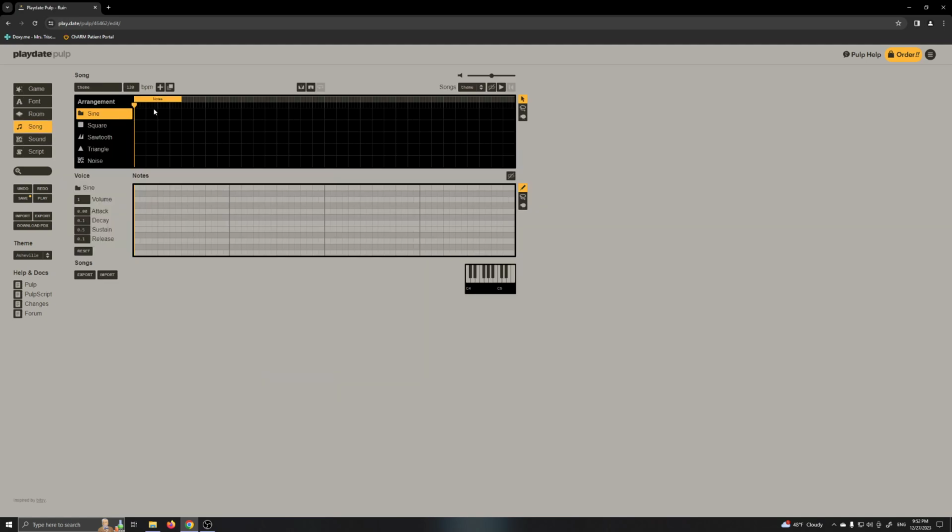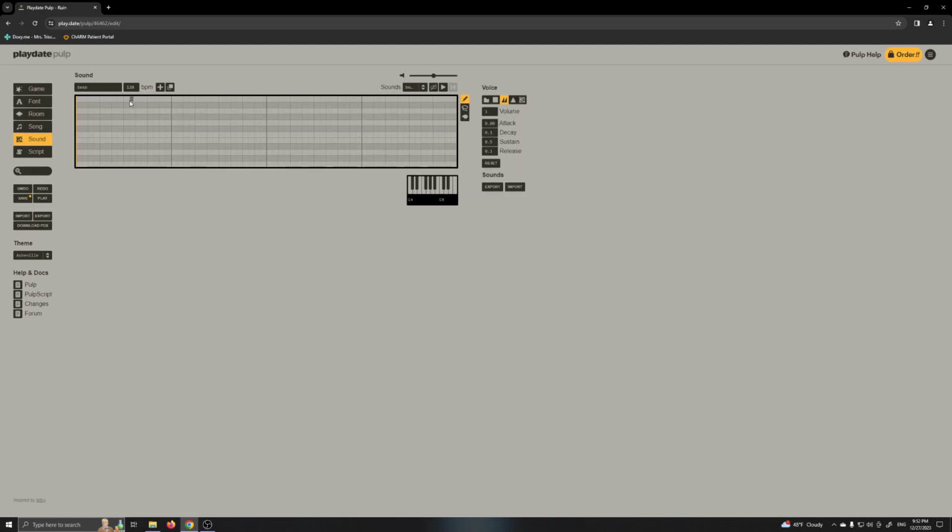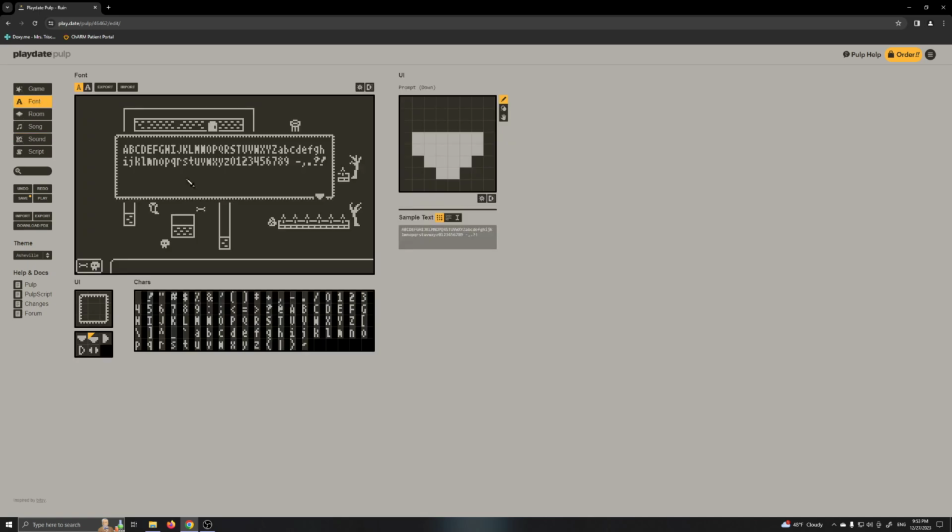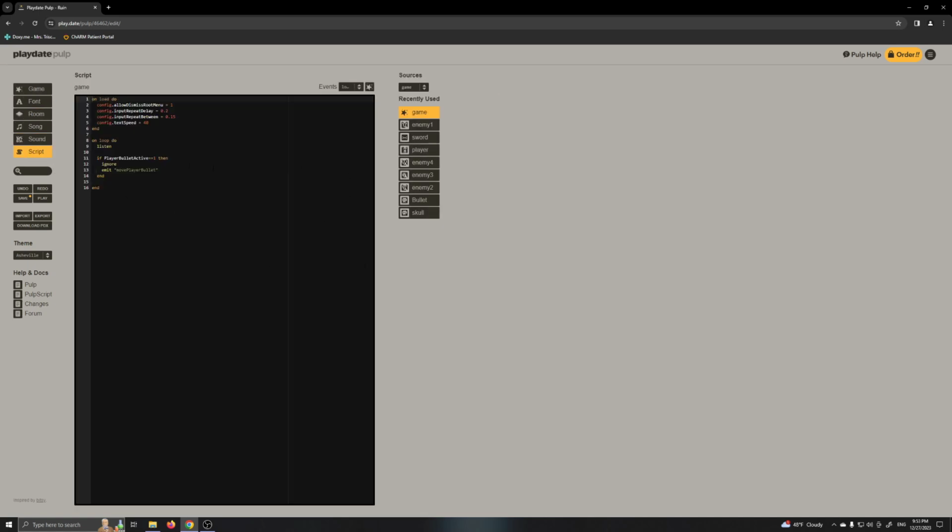It also lets you make music with this really simple little music creation thing and a very similar sound creation thing. Just for a minute, making here, there's our sound. And you can edit your font. It also has this very simple little scripting language, which I said it's tile based in more